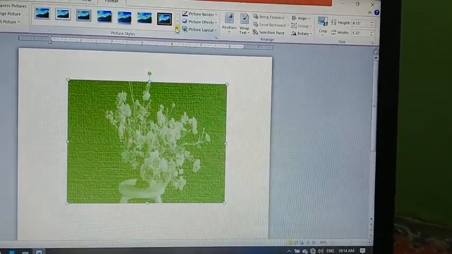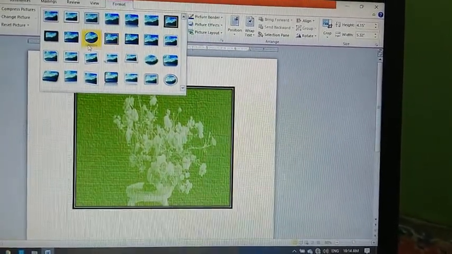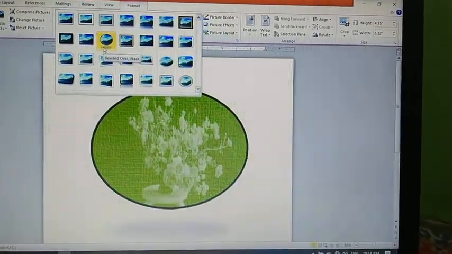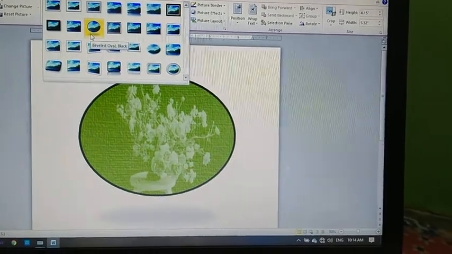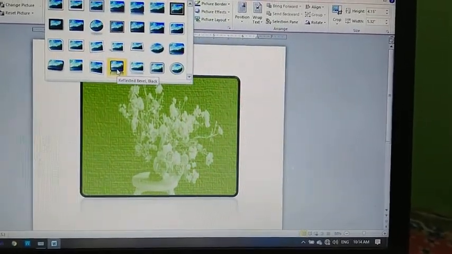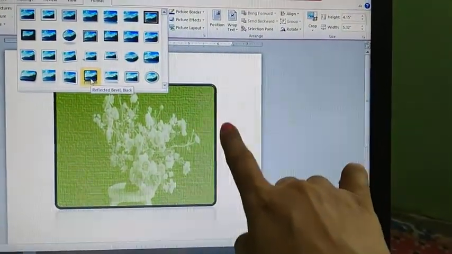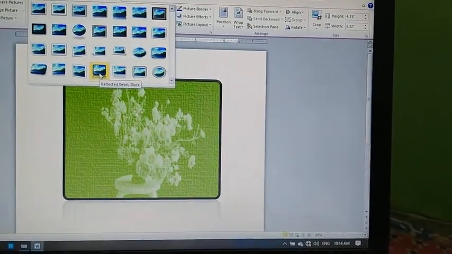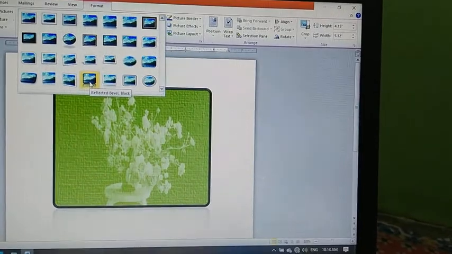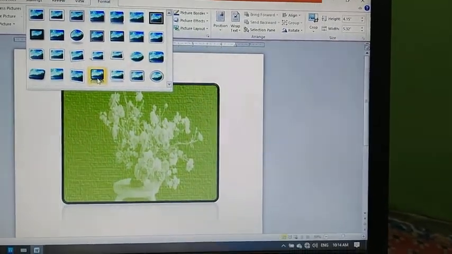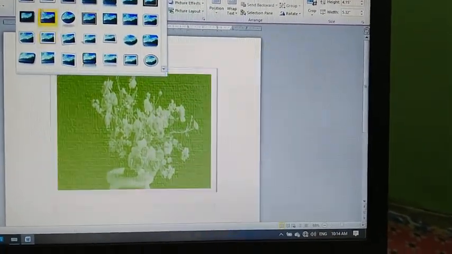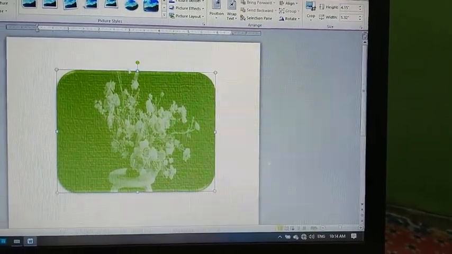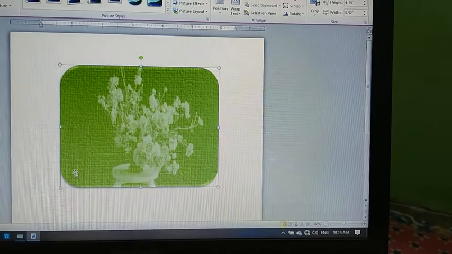Just click on this pop-up menu. Now see, this will change the frame of the pictures, border of the pictures and effects of the pictures. Like using this one changes the frame border to black color. Okay, so these are used for changing the frames, border and effects of any picture. This picture style will provide a variety of options for changing the picture's quality. I am using this one, so the picture style will be changed.